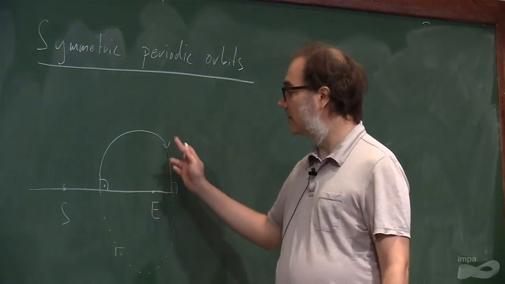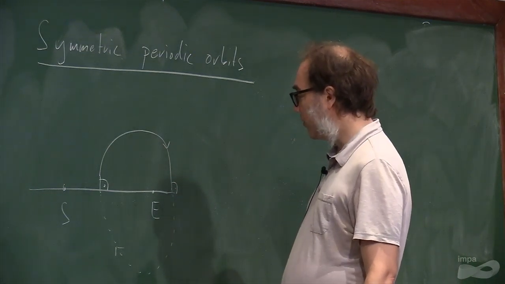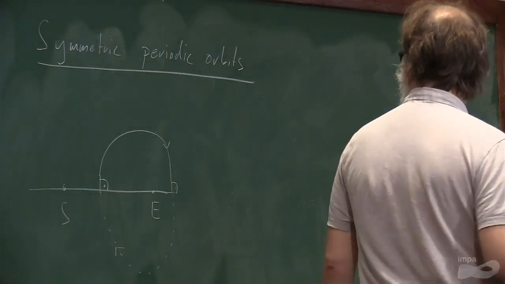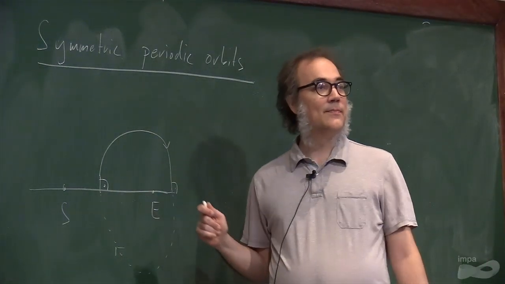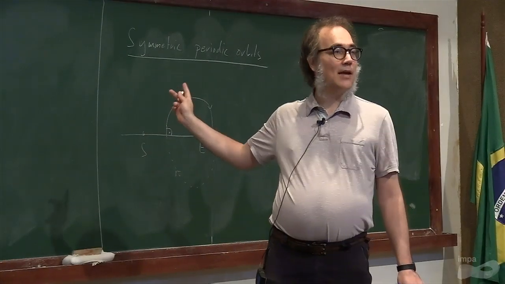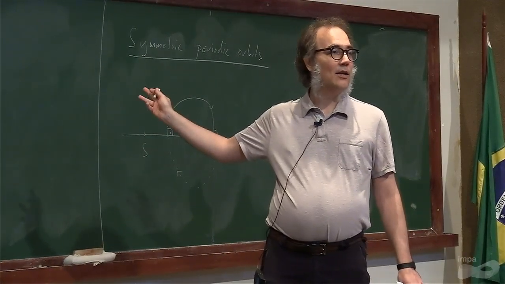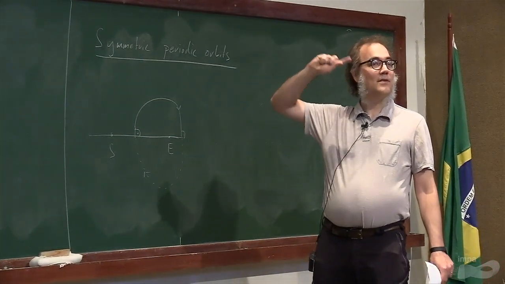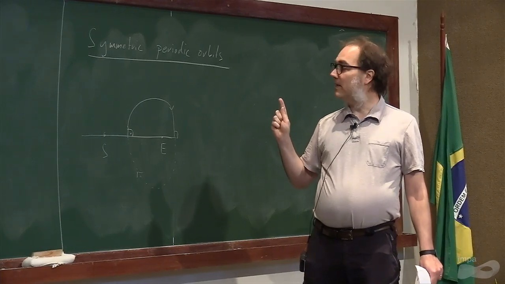That's a symmetric periodic orbit, and this observation is actually quite crucial in finding these periodic orbits. In this work by Arenstorff, this was used heavily. Already Poincaré knew about this and used it, and also Arenstorff when he found these Arenstorff periodic orbits, because